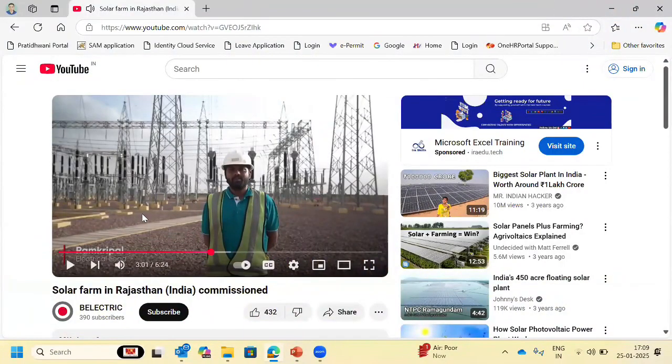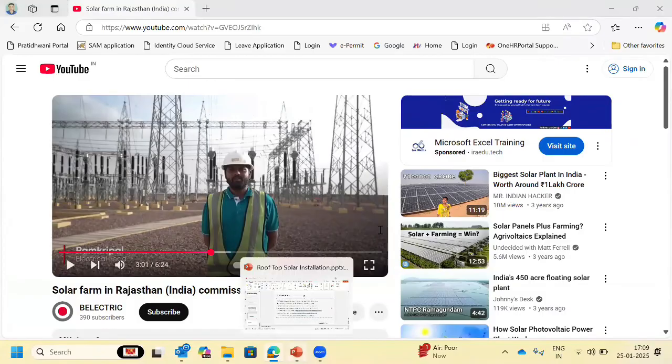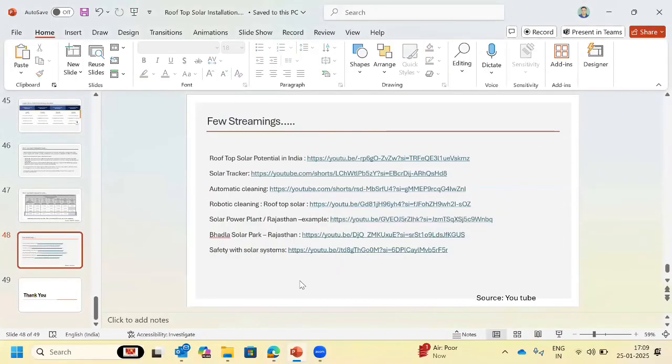Skipping this part. So you can see what a vast facility. So I wanted to share all these videos because though our session is on rooftop solar, but yes, this is quite related, and we can have a feel that how India is driving these ambitious solar projects, and especially the 4,000 megawatt, that is the 4 gigawatt rooftop solar installation target till the end of 2024. It's very ambitious. So definitely we will be achieving it because there are a lot of government subsidies and other